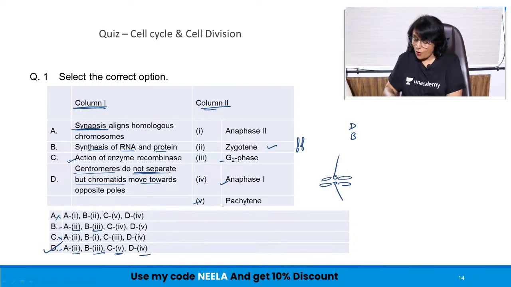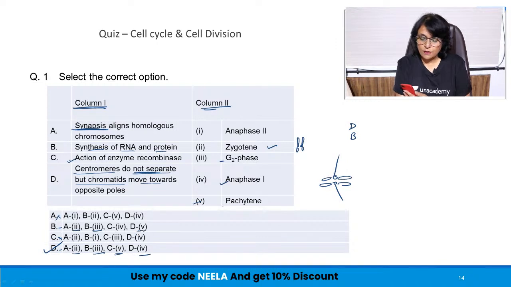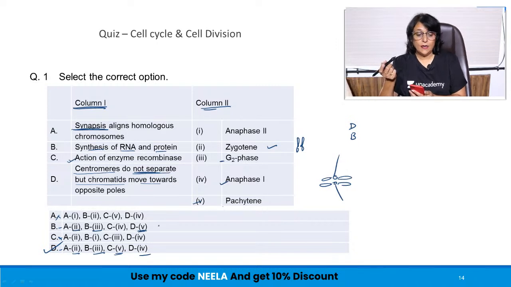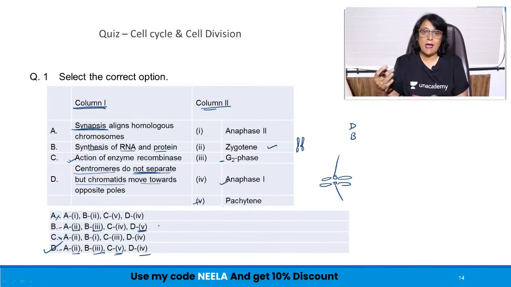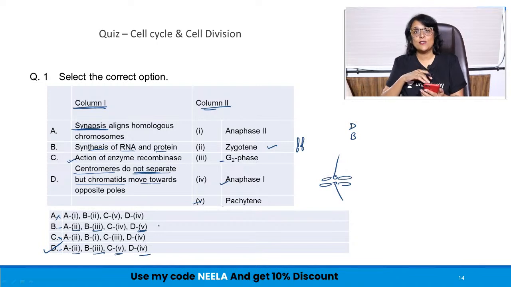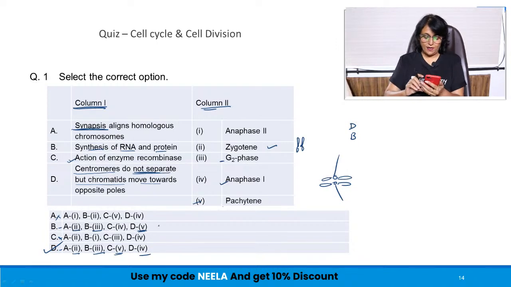So out of all, I think D answer was given only by Ayush. All of you gave the answer as B. What was the reason? What was the confusing thing? In this is 5. Oh, see, D cannot be 5. D is centromere does not split, whether the centromere splits or not, when the chromosomes are moving apart, it has to be anaphase, be it anaphase 1 or 2. Okay, so Ayush is happy, very good.